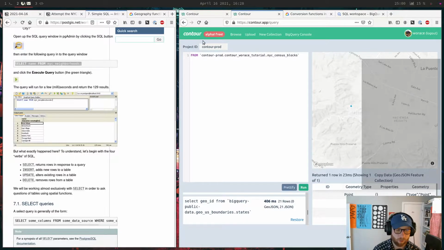The project for these is always contoured prod, and then the naming convention is contour underscore username underscore collection name, and then table name, obviously. So all the things around that are going to be different. Let me see here.